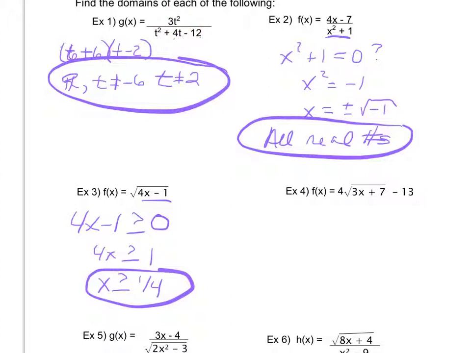I didn't care what was going on up on top. In example 2, I only looked at the denominator. I didn't care what the numerator had. Same idea here. I'm only going to look at the radical, and I'm going to say my expression under the